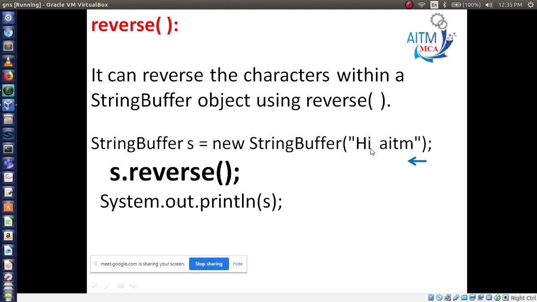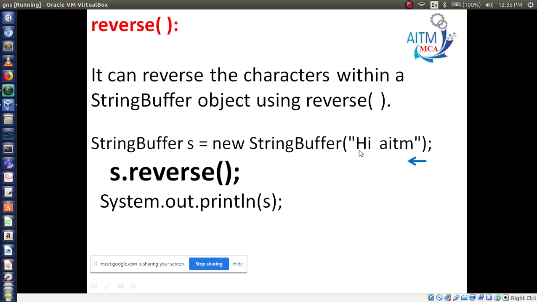First it will give I, then H. So it can reverse the characters within a string buffer object using the reverse method. So same line: StringBuffer S is equal to new StringBuffer, give one string, then I am using S dot reverse method. If you use this method reverse, then it will give the reverse characters.